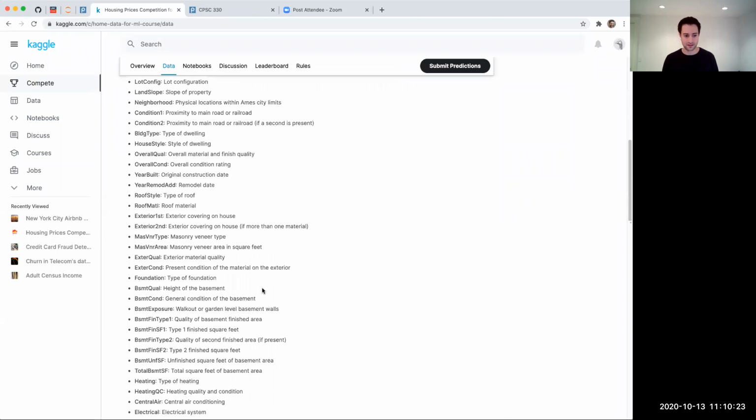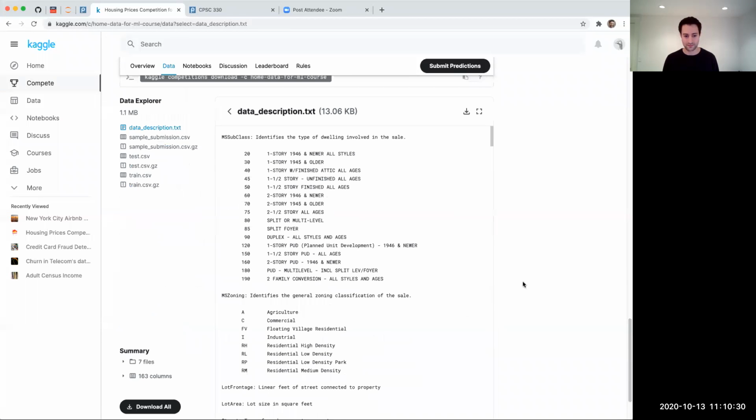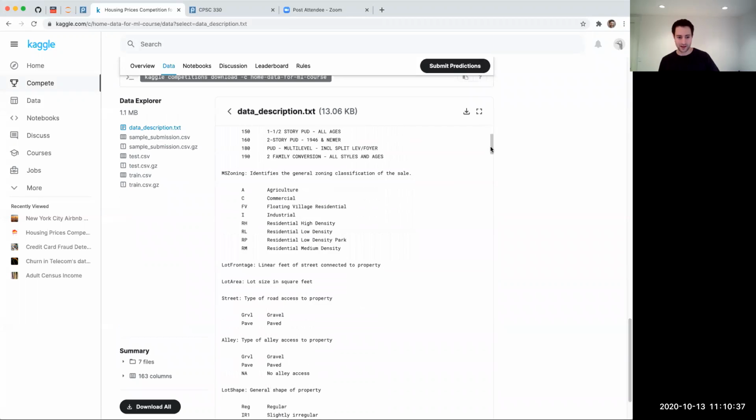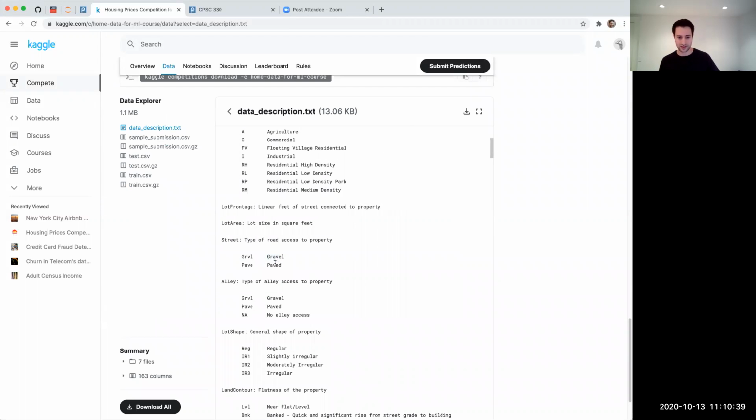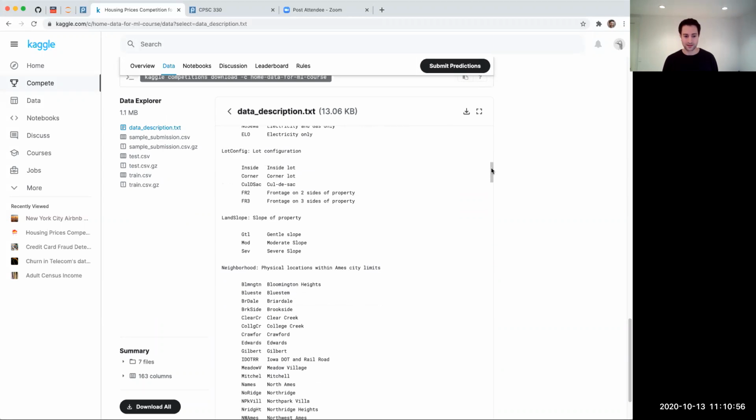Okay, yeah, so there's a data description here, but this data description.text actually has a lot more information. What it does is it tells us what each feature is and gives us more information. So this is super useful. As a data scientist or a machine learner, you don't necessarily just want to crunch the numbers without thinking about what the data means. And we've talked a little bit about that. But here we get a ton of valuable information about all the different